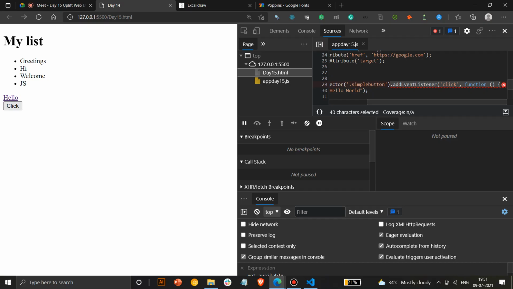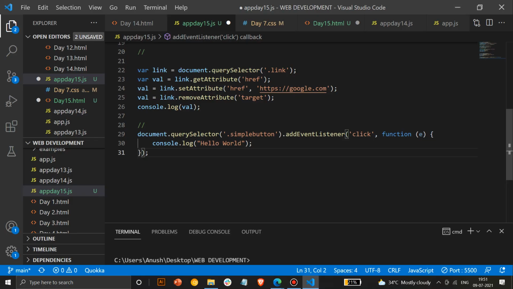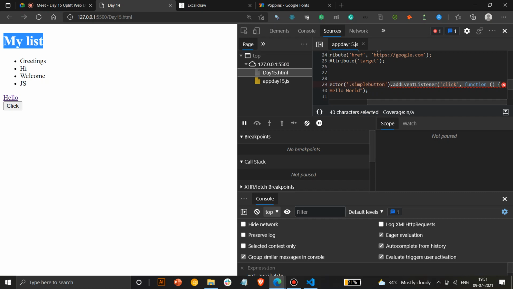Like by default, if this button has some function named href or something, on clicking of this button there was an event already defined, like I have defined that this heading should change. And if I write a function in JS along with this same thing, these both interact together and it gives an error. You cannot run two types of function at the same time, so it prevents such kind of things.